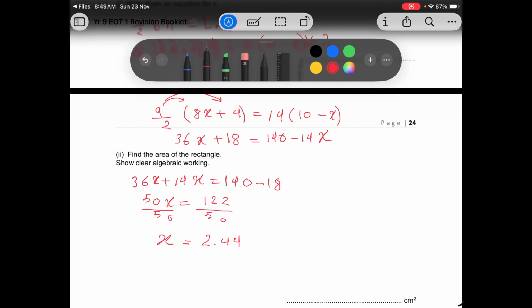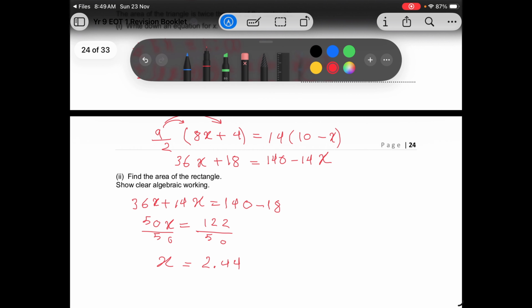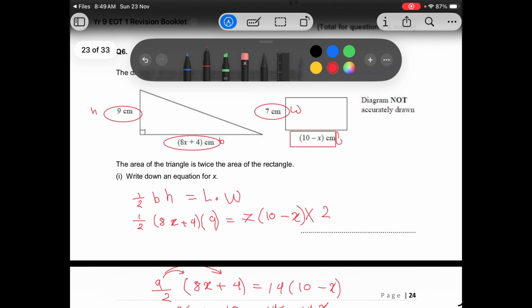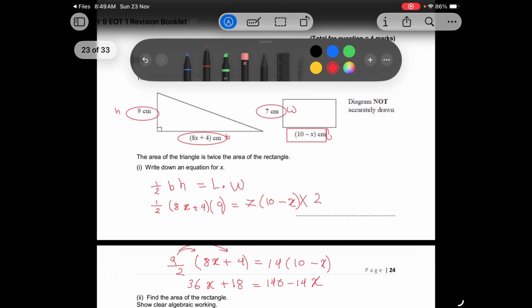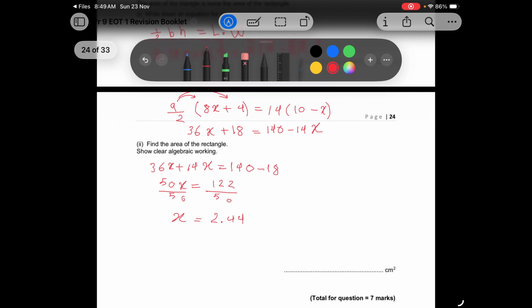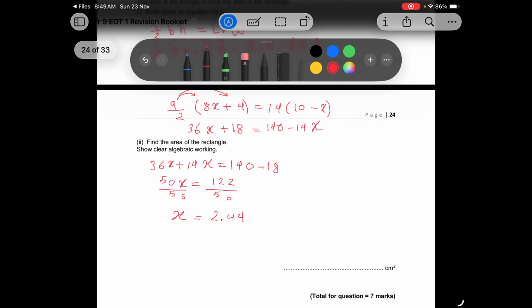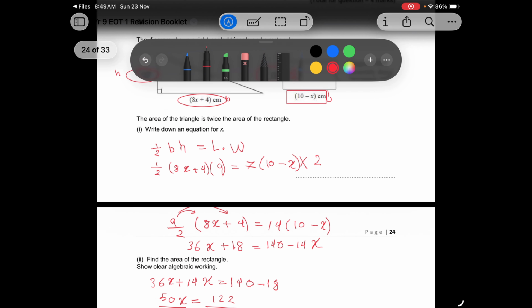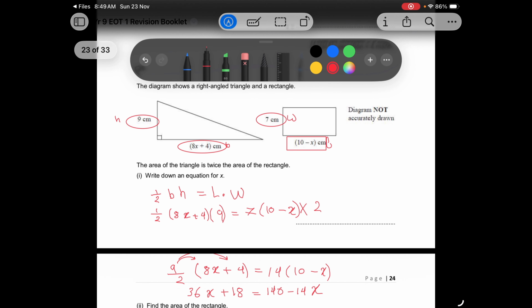And now, guys, we know x, and I know that the area of this rectangle, find the area of the rectangle, is, I know x, that x is 2.44,